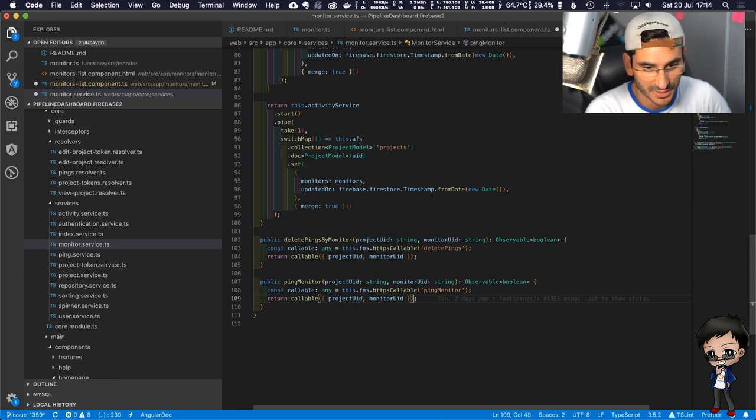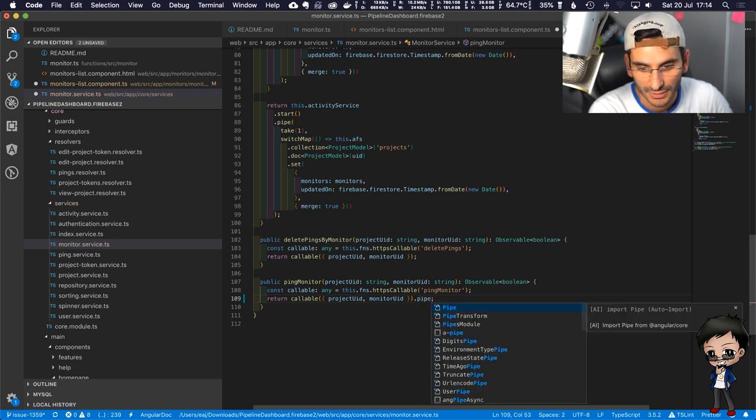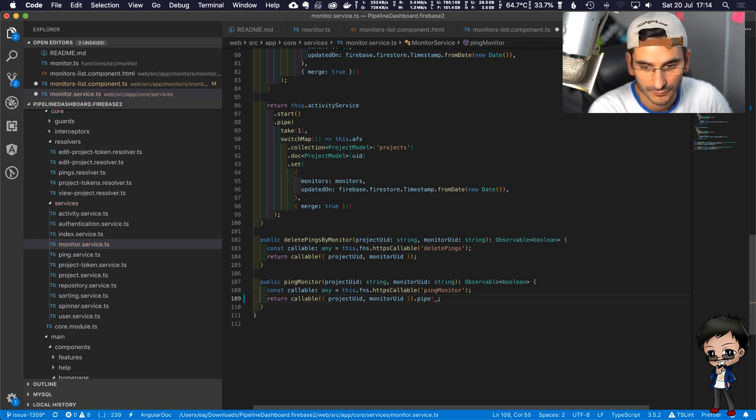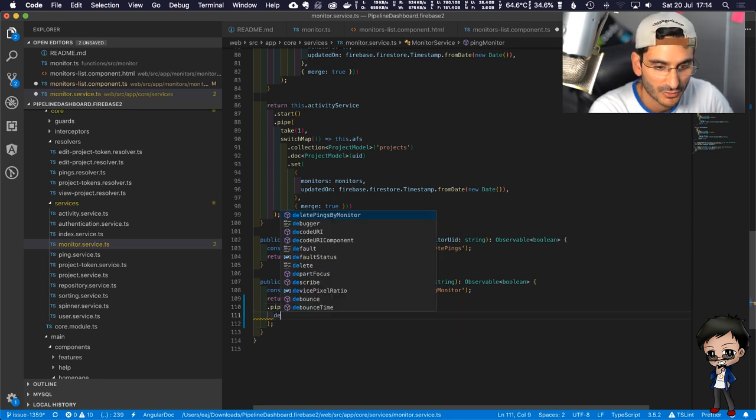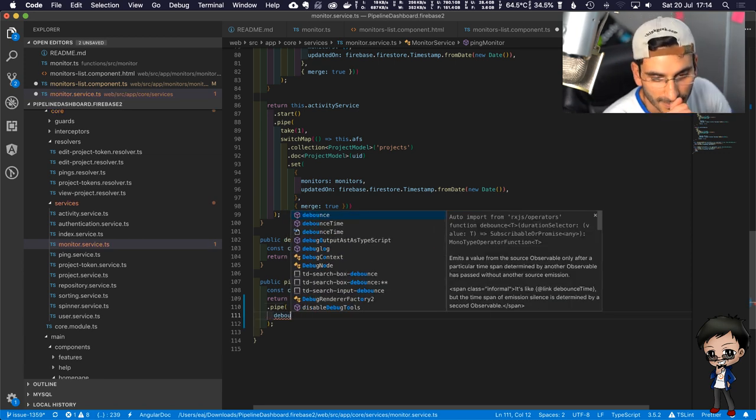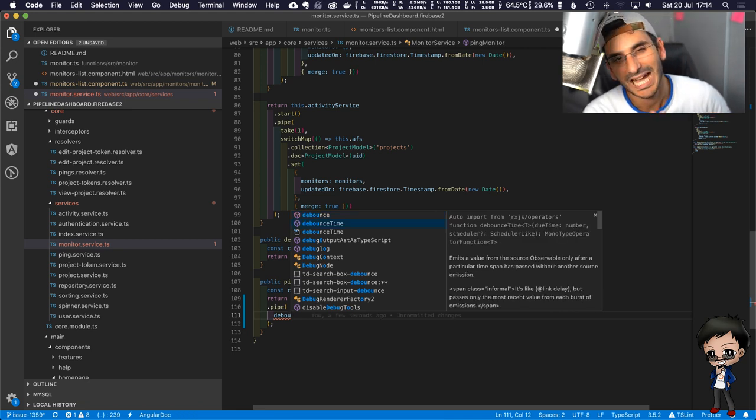if this truly is an observable, which I'm not sure it is, but you could go pipe. Could go pipe. Let me put it on the next line below. Let's have a look. Pipe, and then in the pipe, if we go debounce, but how will it know? We can do debounce time, but my question is, how will it know it's for that particular ping?